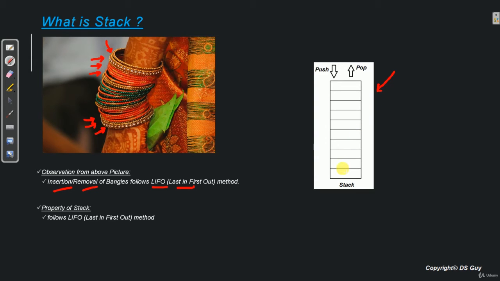Let's say we insert number 10 in the stack, then 20, then 30 and then let's say 40. Now if we want to remove an element from the stack, once 40 is removed, only then can we remove 30, and once 30 is removed, only then can we take out 20, and finally 10 can be removed. So you see that whichever element was inserted last came out first, the second last element came out second, and so on. Fine. I hope you have understood on a very high level what exactly a stack is.